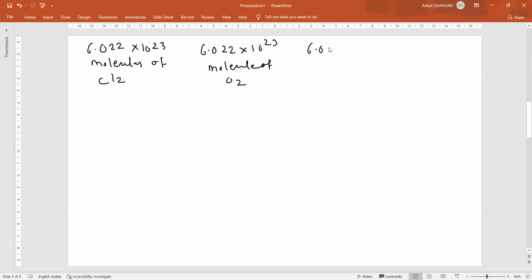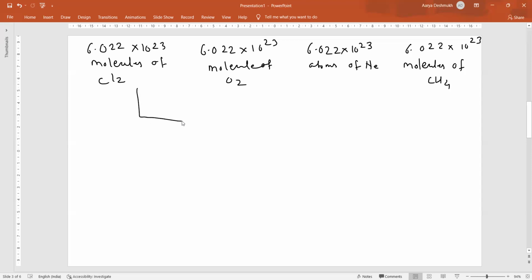Again, 6.022 into 10 raised to 23 atoms of, remember here I am taking atoms, neon, or 6.022 into 10 raised to 23 molecules of methane. Now, if you put them in one sentence related to this figure, what we call the molar volume at standard temperature and pressure. And write this way, like this,